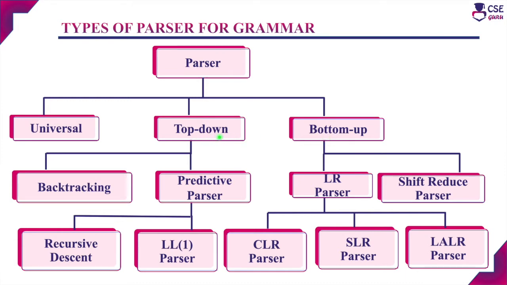Top-down parsing constructs the parse tree from the root node and proceeds towards the leaf nodes. That is, this parsing technique starts with the start symbol of the grammar, and in every step, repeatedly, it will choose one non-terminal and apply the production rule till it derives the complete terminals or the input string. This top-down parser attempts to find the leftmost derivation of the string. The problem with the top-down parser is that it cannot handle left recursion and left factoring.